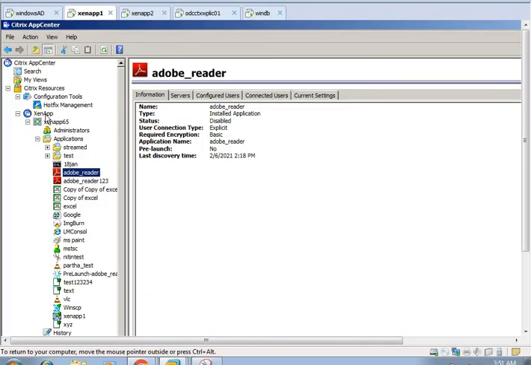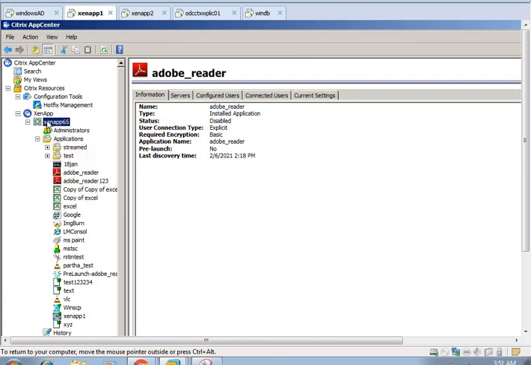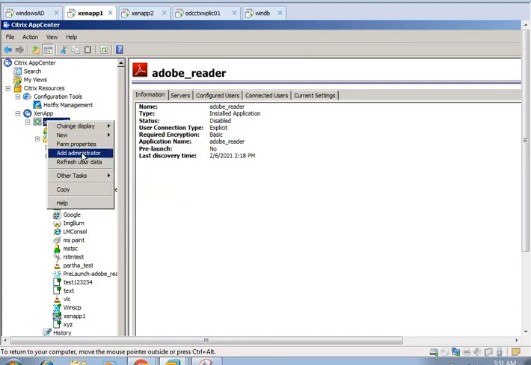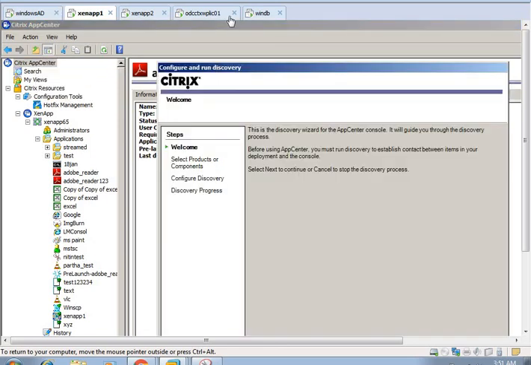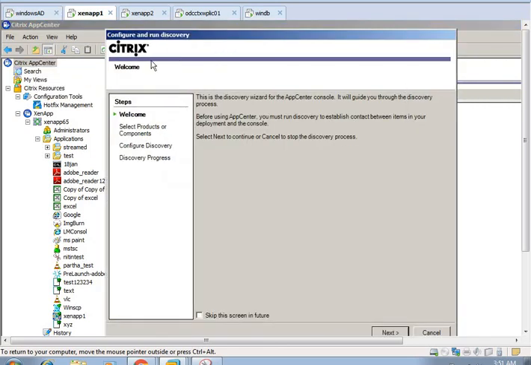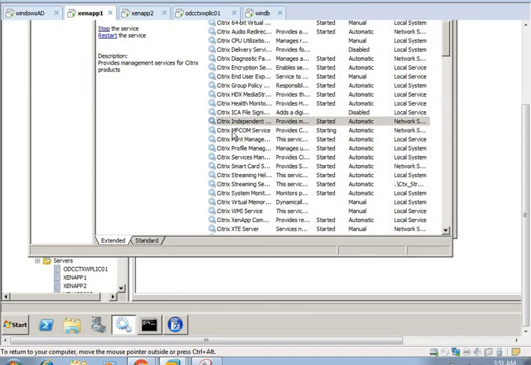Another option is to run the discovery. In case servers are not available here, we can go to the form. So in App Center, configure and run discovery. In case our MFCOM service is down, that could be a cause.